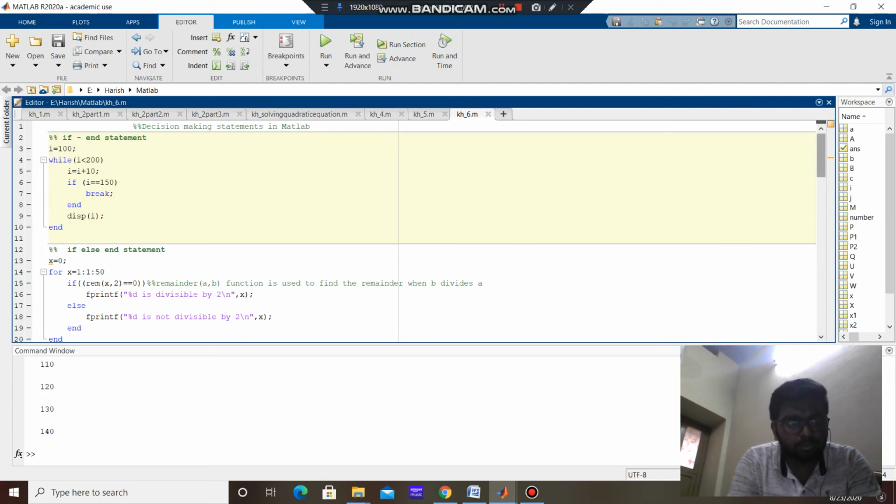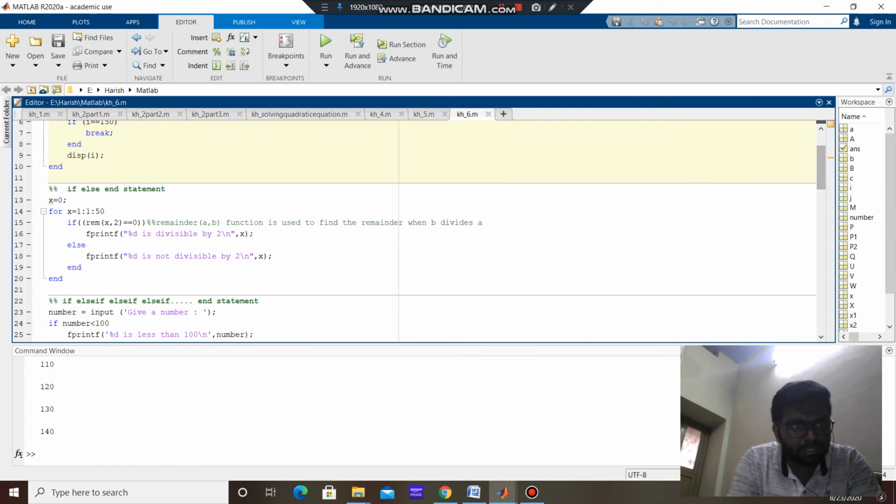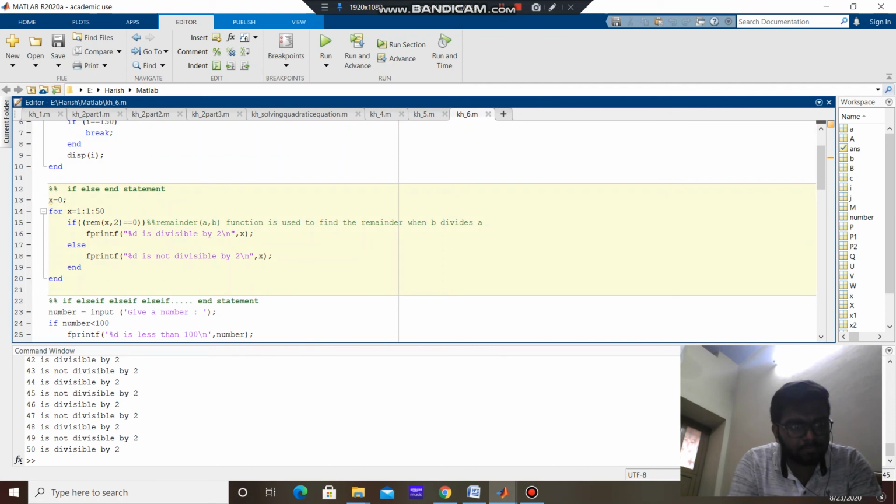And now coming to the if else end statement, if the condition is true, then this statement is executed, or else this statement is executed if the condition is false, and then the block is ended. If you run this section, we can see the divisibility by 2 of numbers up to 50.